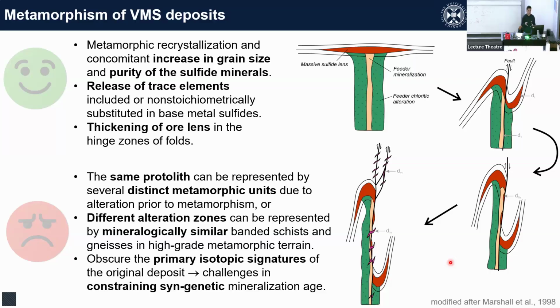And when you do the core logging or description of a hand specimen sample, it might look similar to something that came from a sedimentary rock, a pelitic rock basically, because it was originally lots of clay because of the alteration, but it was actually volcanic. So that might cause a little bit of a problem. So here I put that the same protolith can be represented by several distinct metamorphic units due to the alteration